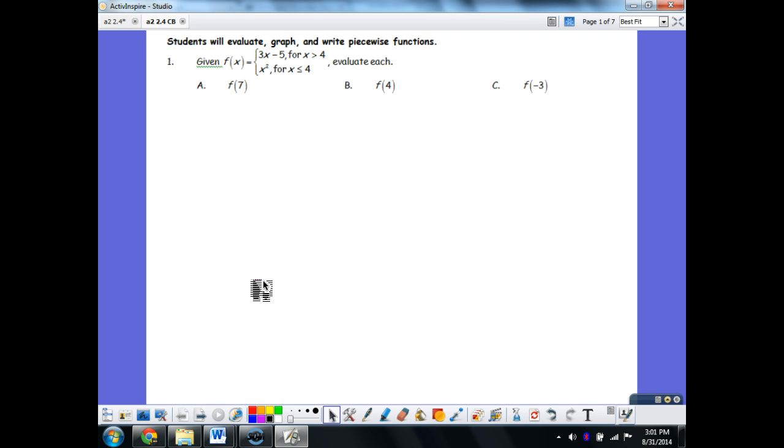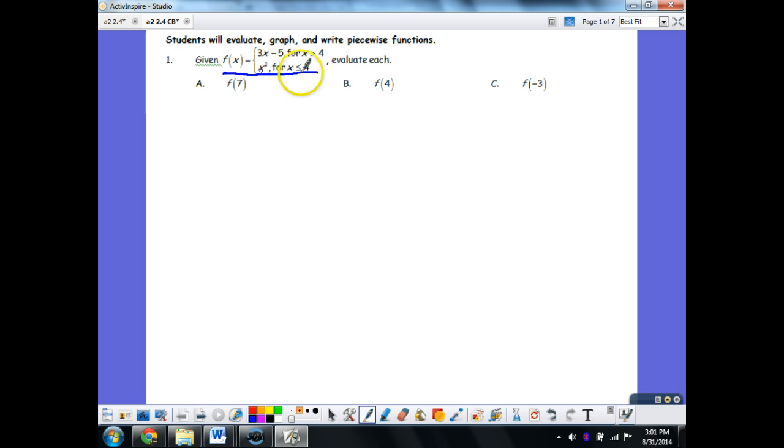evaluating these piecewise functions. Now, first of all, the piecewise function is defined in pieces. That's why they call it piecewise function. Get it? Clever bunch. All right, so this function is defined in two pieces. For part of the function it is equal to 3x minus 5. For another part of the function, it's equal to x squared, and it is defined in those two places. So, in order to find f of 7,